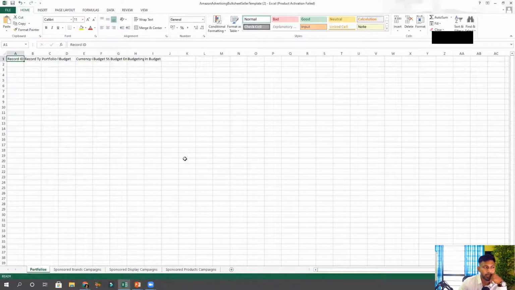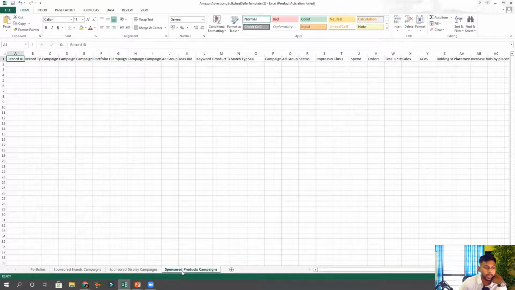So it should look like this. Now we are going to use only this part, sponsored product campaign. This part is what we need. So now if you open your page number 11, you will see it is actually same as the format I